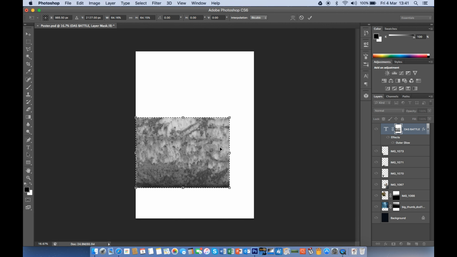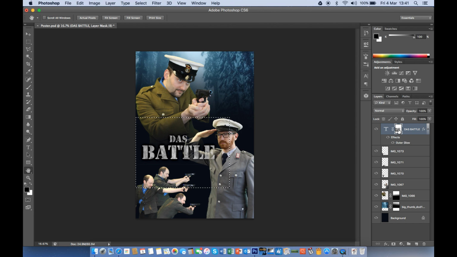There we go. Press Enter when I'm happy with that. And now if we press Alt again, I'm holding down Alt and I click on that. That's kind of showing us where it's going to be. So that looks kind of cool. That looks pretty good, I guess. But it really needs to be blacks and whites, and that really is what we've got there, working more in